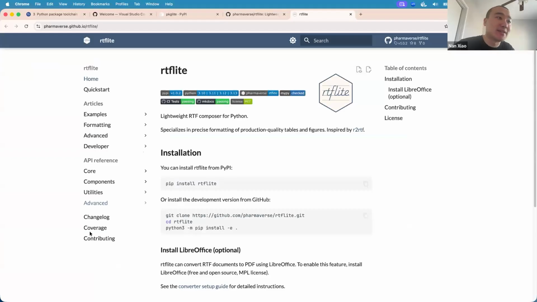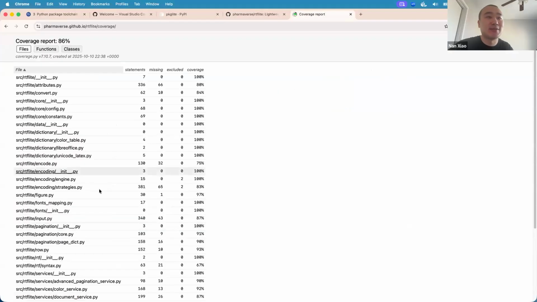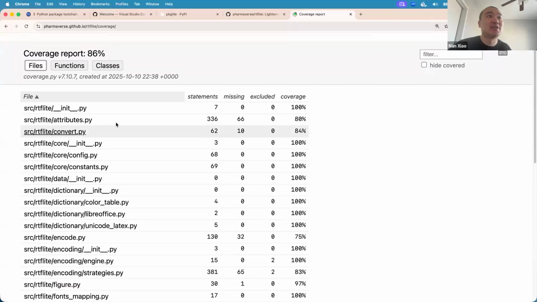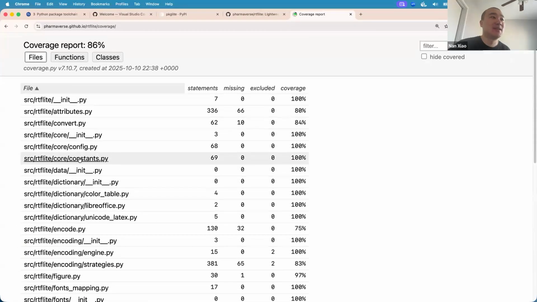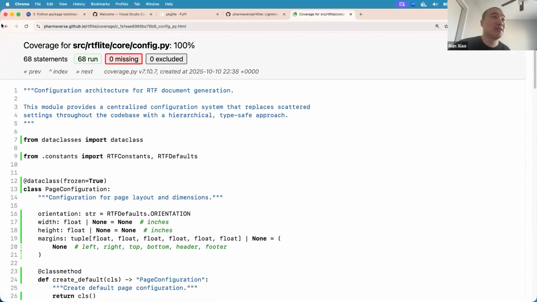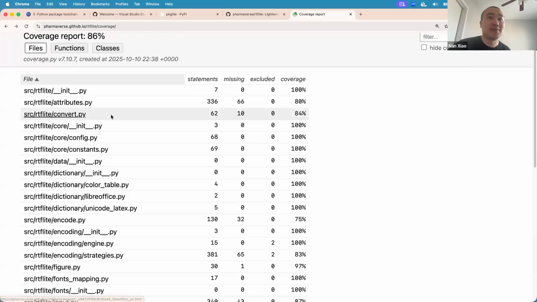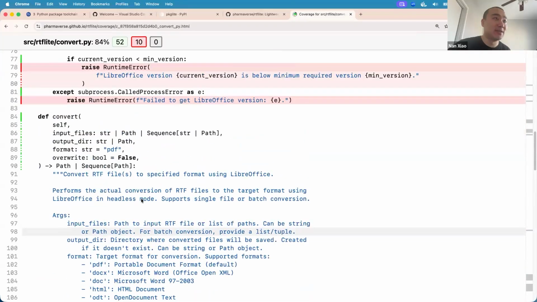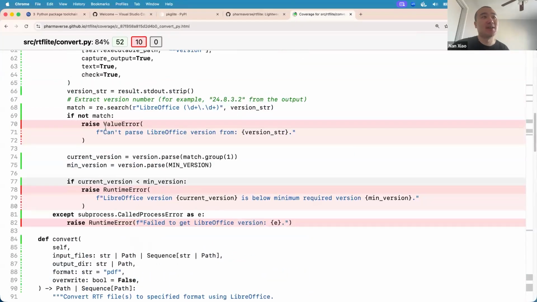And you can actually check this out. It says generated by the PyTest coverage module. So you can see exactly in which files which lines are covered and which lines have misses. You can see a lot of things are covered, but we have a few exceptions not covered here.